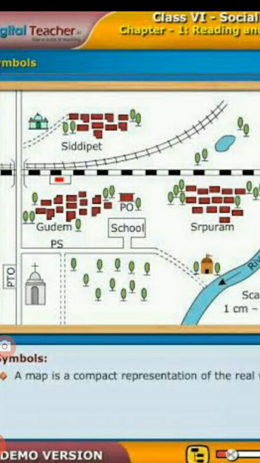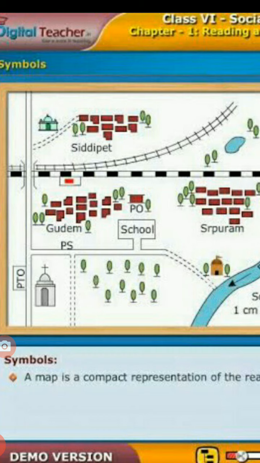Understand? We also find the key in maps. This is also called the legend, or key, or index. It helps us study the map; at the corner, it shows what the symbols mean. By seeing the symbols we can read the map. The legend or key is one of the elements, or one of the languages, of maps. Not only that, the colors and directions are also elements.